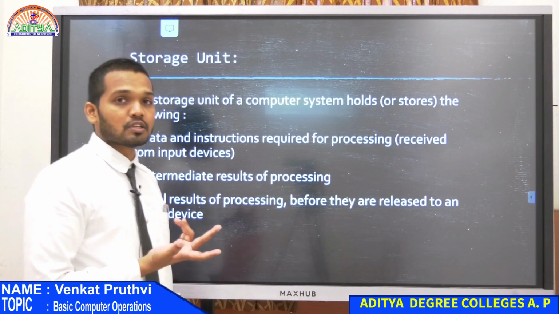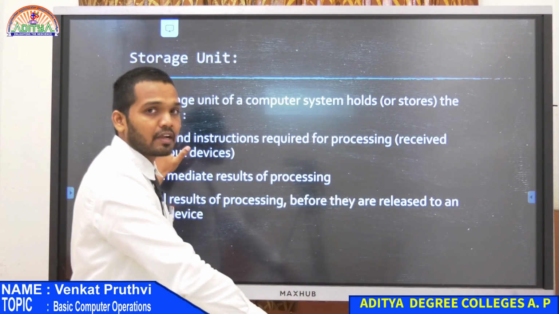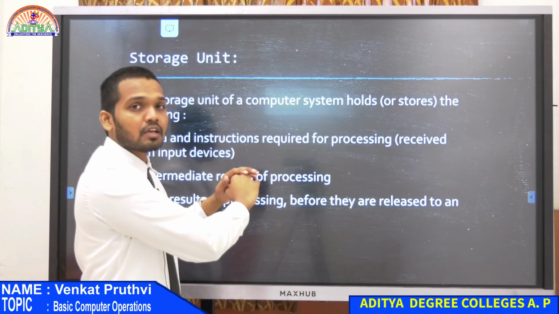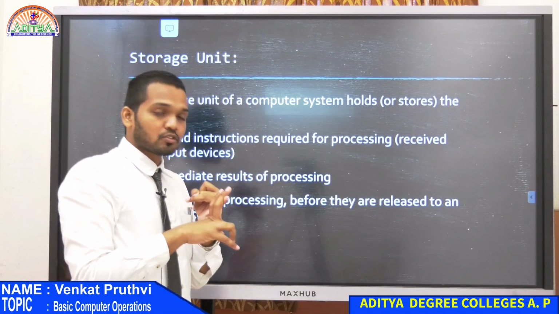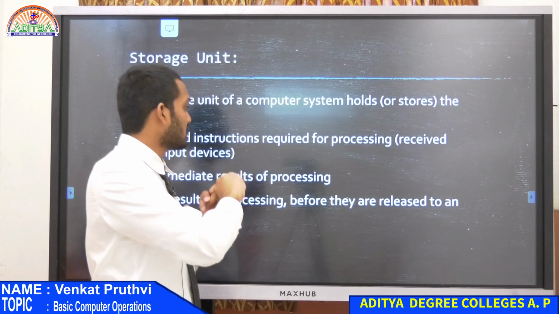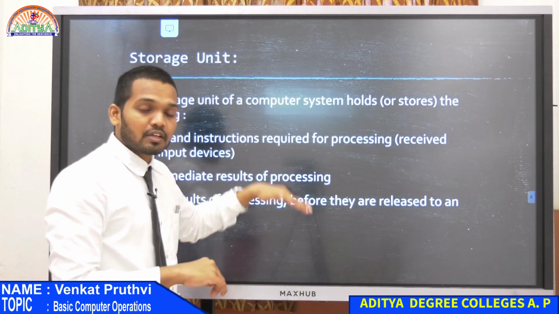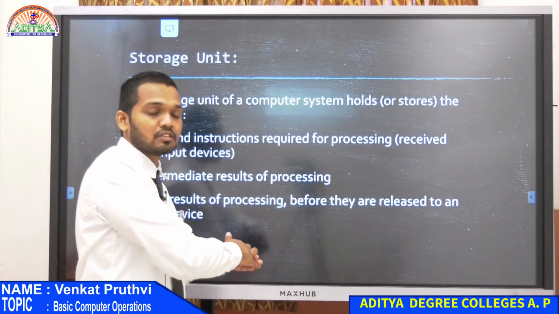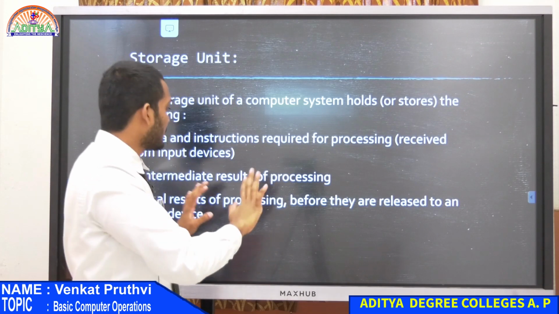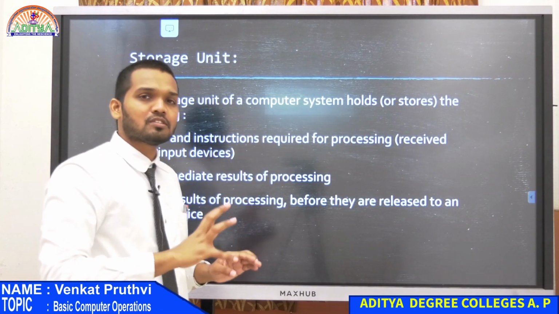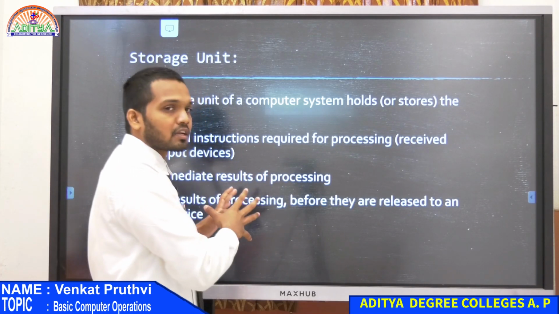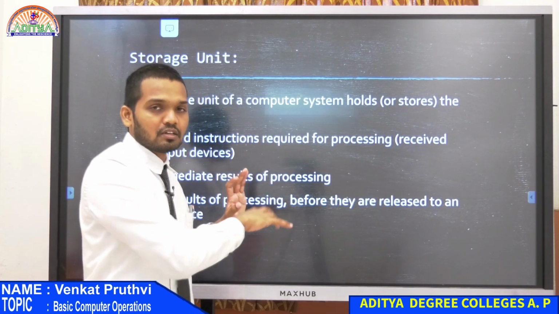Next, we will see the storage unit. We had a block diagram, right? This side we had the input unit, that side the output unit. In between you had your secondary storage over here. The storage unit had primary storage and secondary storage. That storage unit is further connected to the CPU. The CPU has a control unit and the arithmetic and logical unit. That is how the internal operation of any basic computer is. Whatever basic computer you take, the basic architecture or design is in this form.